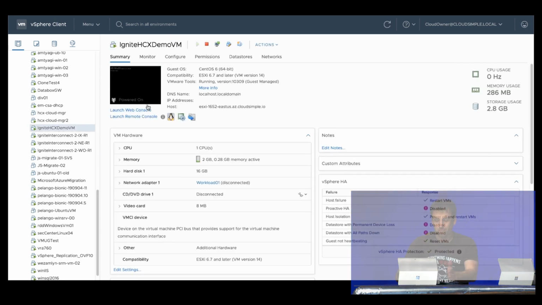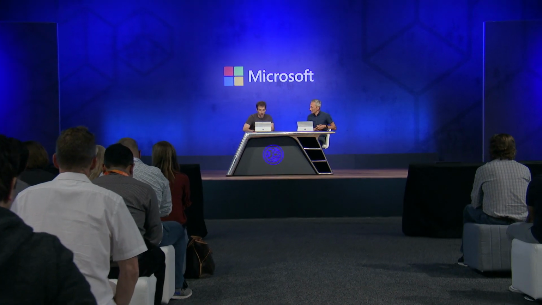It's got it running. And so the beautiful part about this is, again, it's running with the same tools that you're familiar with. So I did this now in VMware, and I can do it in the vSphere client. But I can also do this starting in Azure. So let me